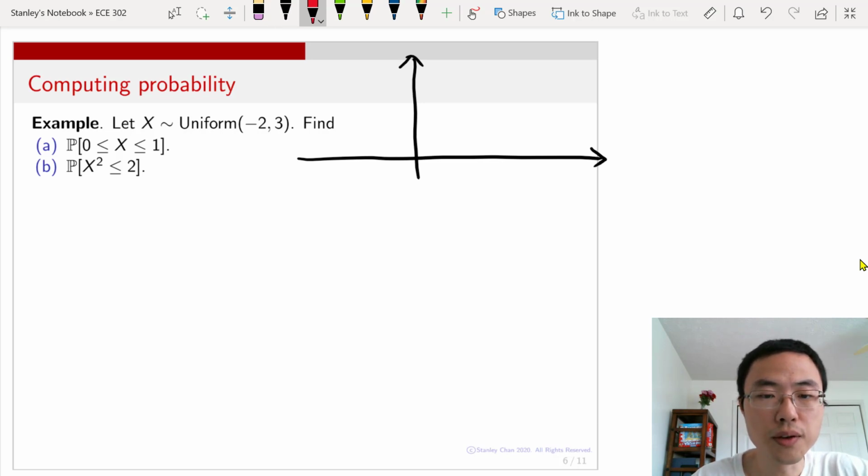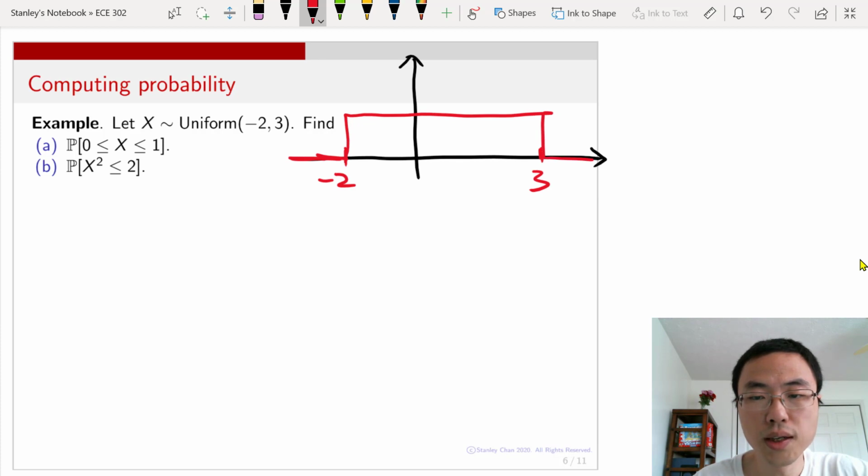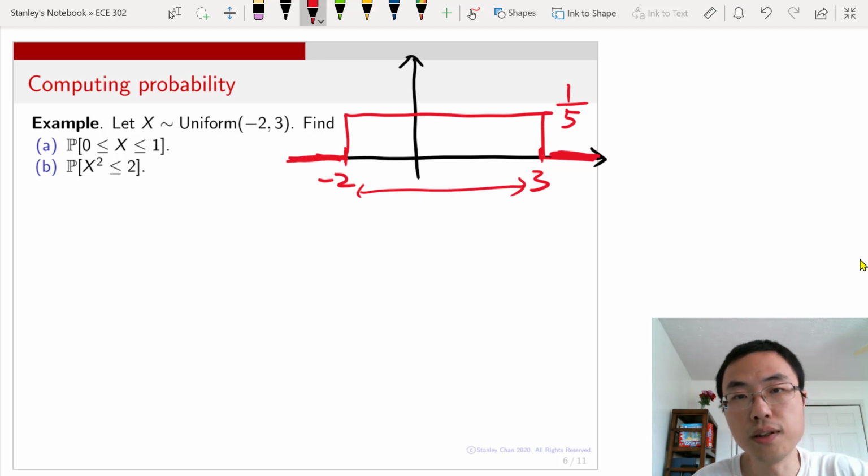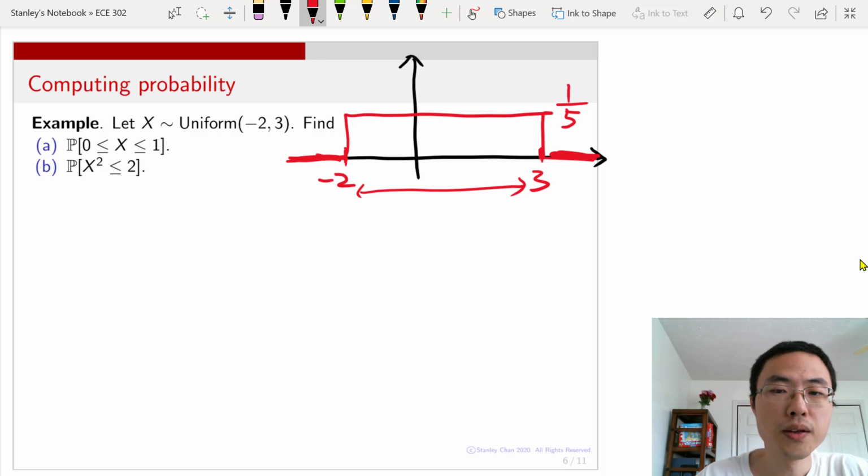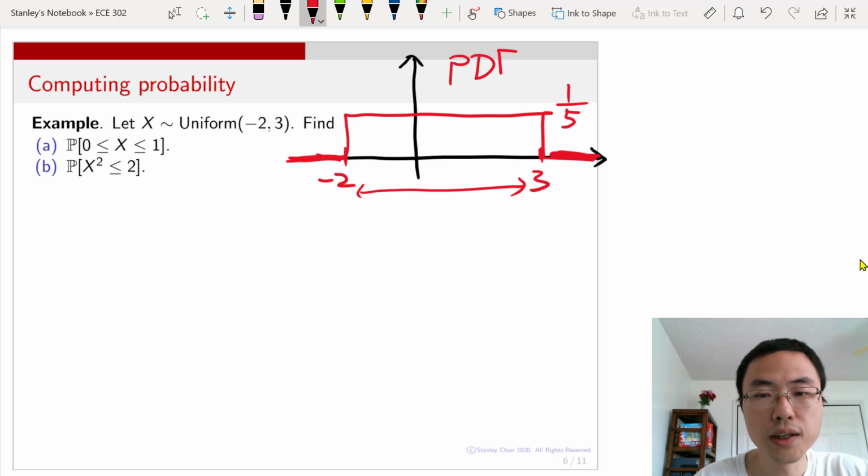This uniform random variable has a range from -2 to 3, and in between it is constant, and afterwards you have 0. Now, inside this range -2 to 3, what is the height? The height is 1/5. The reason is that the interval has a width of 5, and so the height will be 1 over 5. Okay, so this is the PDF, and then we ask, what is the probability that x is between 0 and